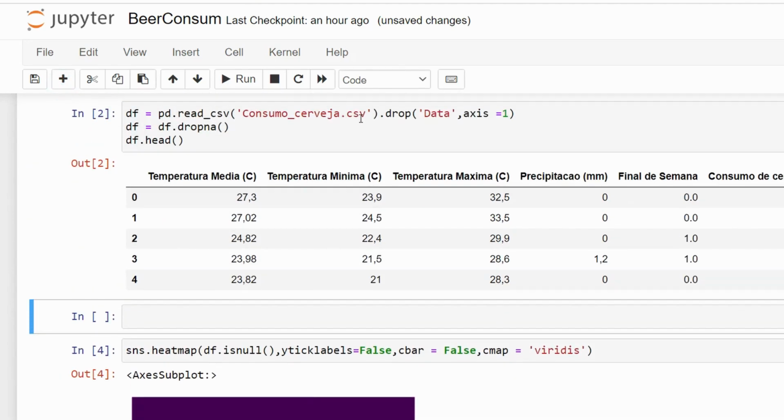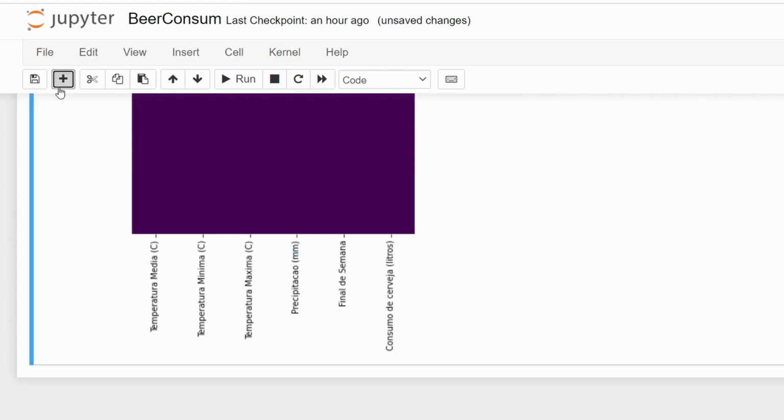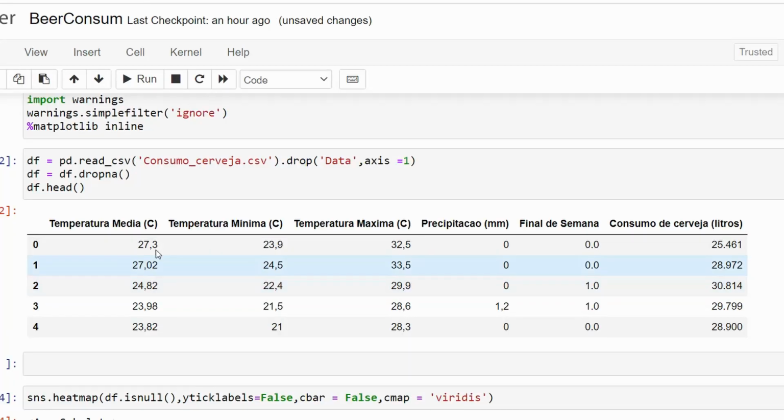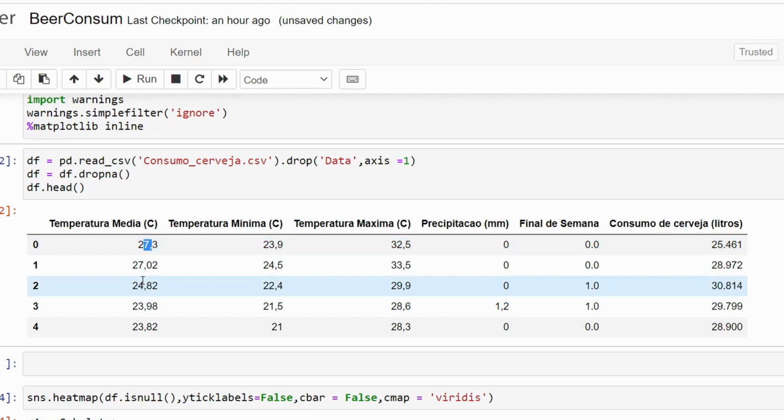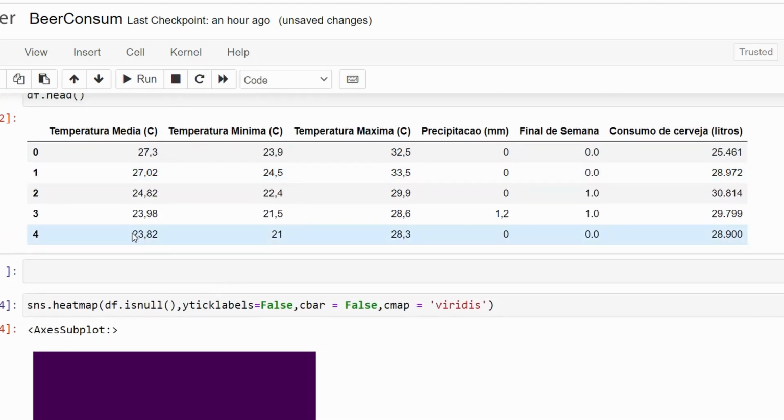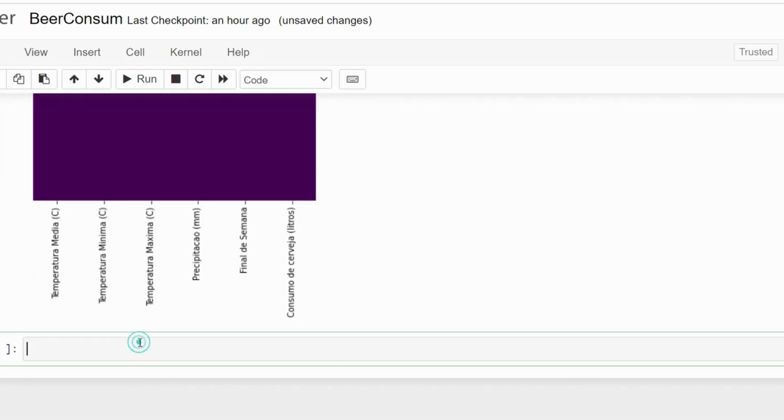In the next line, not in the middle line, in the next cell. Now here you can see that we are having some commas, which means the values are in string. We need to convert those values into numerical values, so we can replace that comma with a dot, a point, a decimal.